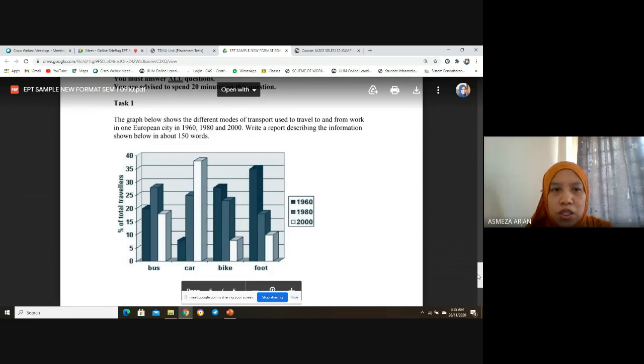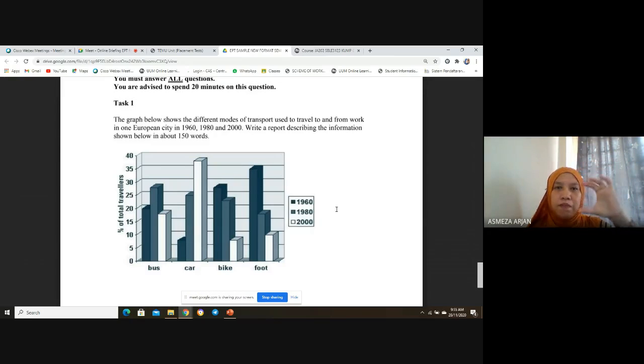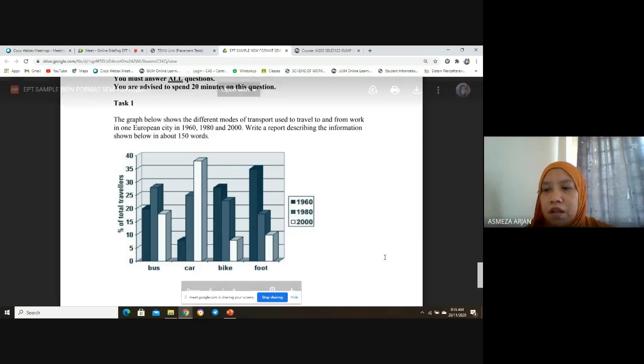And the second question, task 2. So this one, you are advised to answer with 3 different paragraphs: introduction, body, and conclusion. Okay, so these 3, but it should not be long. For this task, I would suggest you write about 2 or 3 sentences only for the introduction, body not more than 8 sentences, conclusion not more than 2 sentences. So all short and sweet, 150 words for task 1. For task 2,